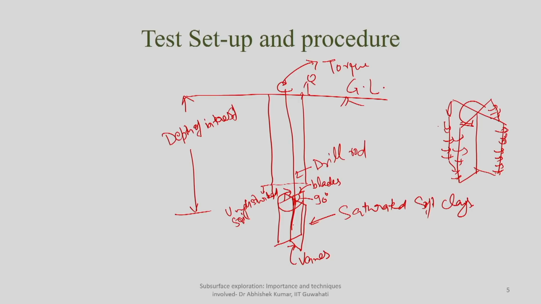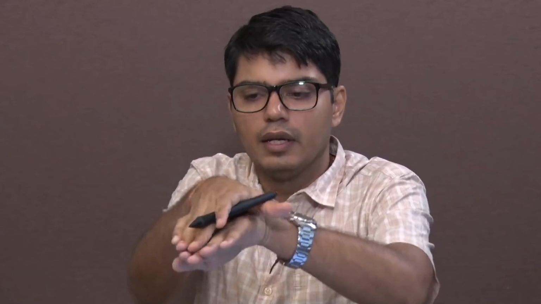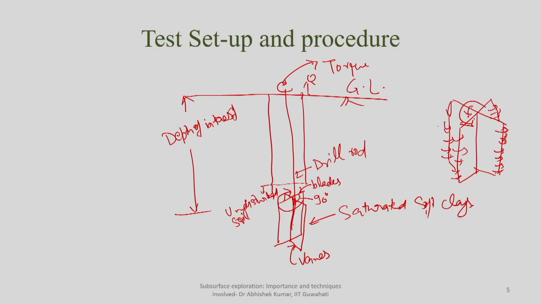This is about what is happening along the edges. Same thing is happening at the top as well as bottom, because top is also inserted into some natural soil condition, bottom is also inserted. So, what will happen once you are rotating? This is your soil and this is getting rotated. So, again at the interface there is some kind of shear happening. So, here also you can see some kind of shear happening, and even at the bottom also you are having some kind of shear.